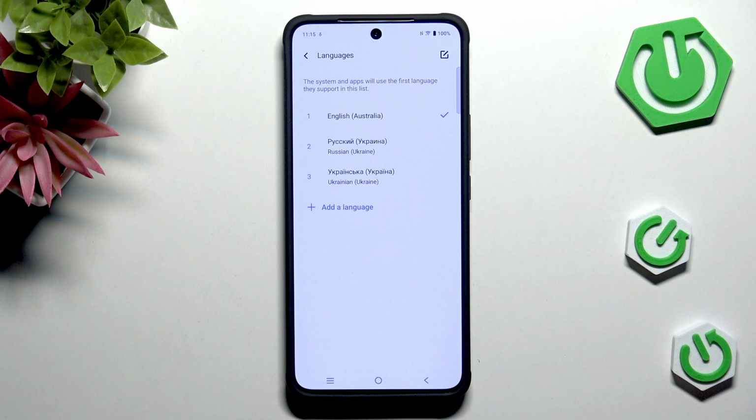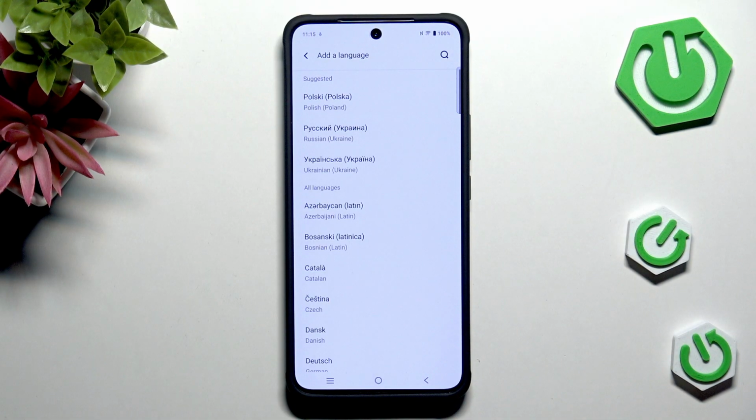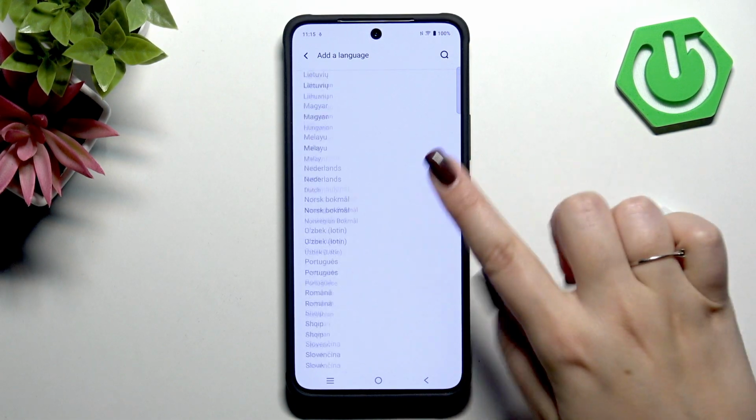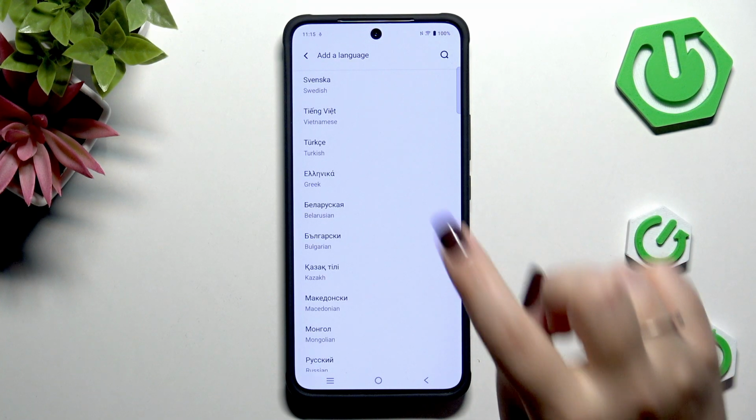So right here we've got, I would say, the shortcut list of all languages which are currently applied. As you can see, we've got 3. So let's tap on add a language, and we will be transferred to this full list of available languages from which we can choose. So all you have to do is to scroll and find your language, and after finding,